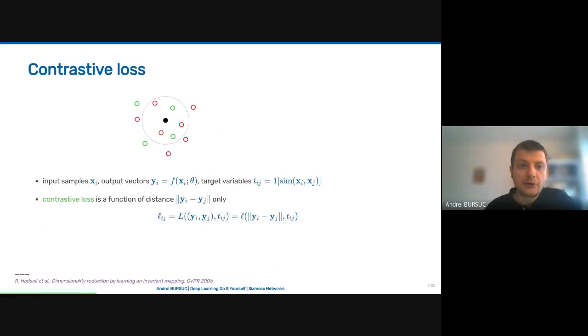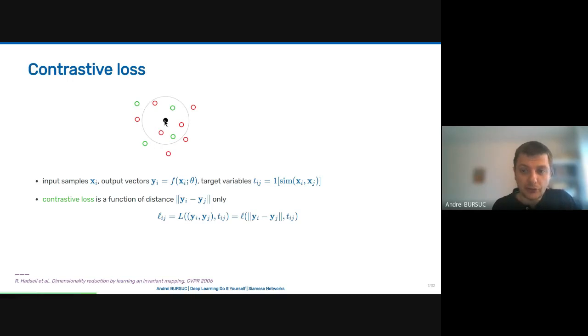So let's discover the most common loss that we use in Siamese architectures. There are plenty of them, but this is the one that made it, which is the most common, and it's the easiest to use. It's called the contrastive loss. So here I'm representing